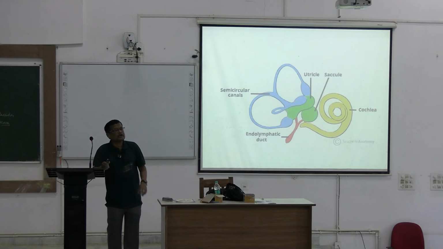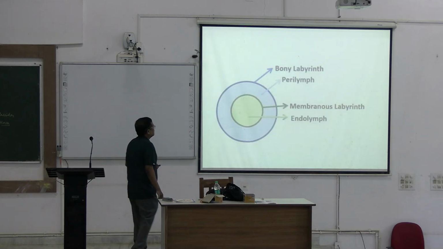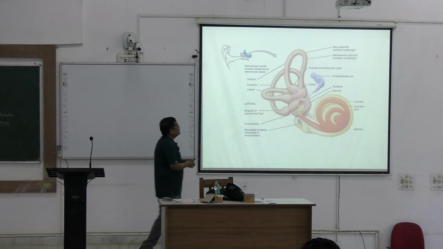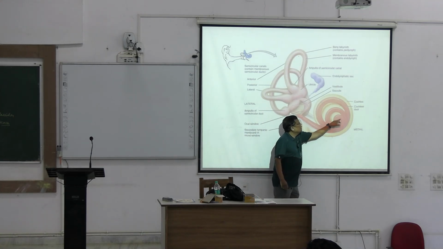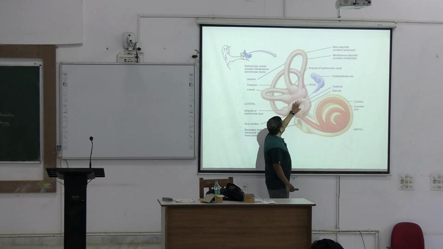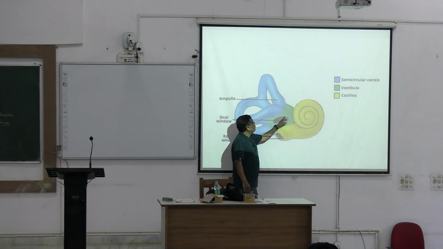ভেস্টিবুলের মধ্যে রয়েছে দুটো স্ট্রাকচার, স্যাকুল অ্যান্ড ইউট্রিকল, আর সেমিসার্কুলার ক্যানেলের মধ্যে সেমিসার্কুলার ডাক্ট, তিনটে। আচ্ছা, এইটা বললাম, এটা হচ্ছে বনি, এটা হচ্ছে মেমব্রেনাস। বনি আর মেমব্রেনাসের মধ্যে ফ্লুইড রয়েছে পেরিলিম্ফ, মেমব্রেনাসের মধ্যে ফ্লুইড রয়েছে এন্ডোলিম্ফ। ইয়েলোটা হচ্ছে বনি, এটা খুব সুন্দর পিকচার। বনির মধ্যে দেখেছো এই ককলিয়ার ডাক্ট রয়েছে, এইখানে সিমিলারলি স্যাকুল ইউট্রিকল রয়েছে।